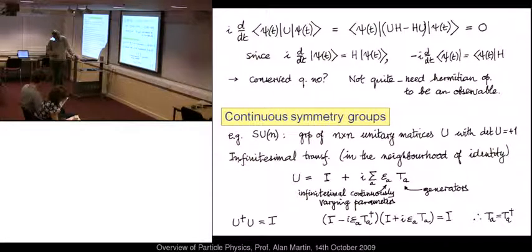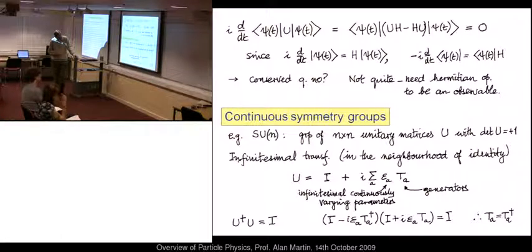variations of these parameters, and then we can expand U in this way, just keeping the linear term, and these then are the generators of the group. These generate these little infinitesimal transformations, and we had 3 of them for the rotation group in 3 dimensions. Here we're going to have a number of them, and we're going to sum over a. These are the generators. These are the continuously variable parameters, and that i there has been introduced so that these